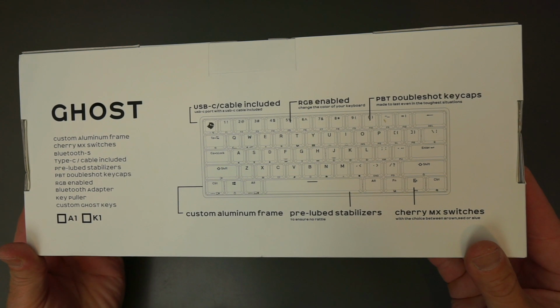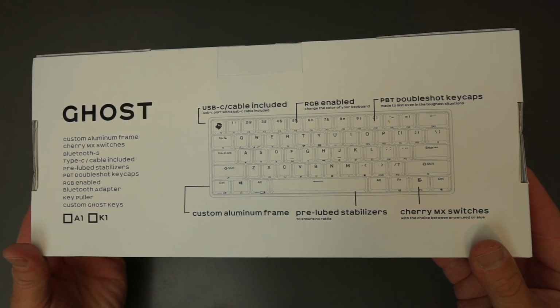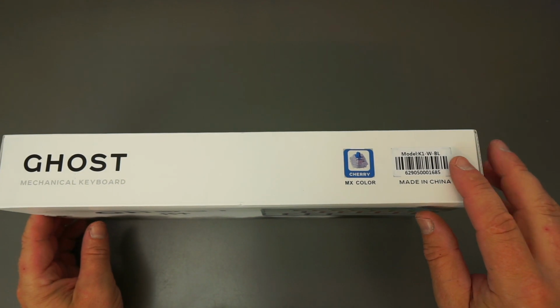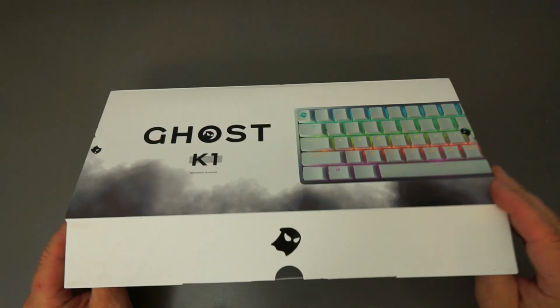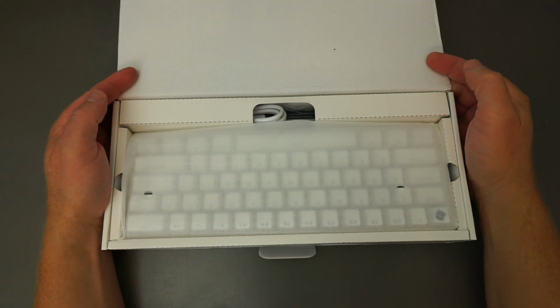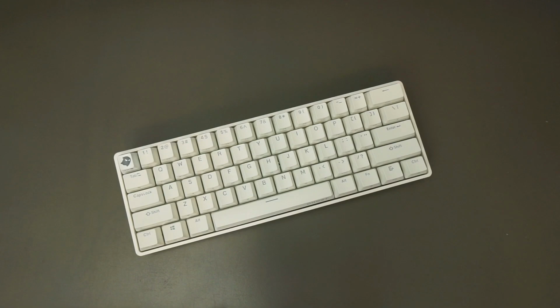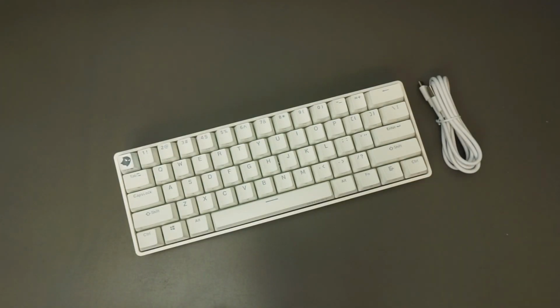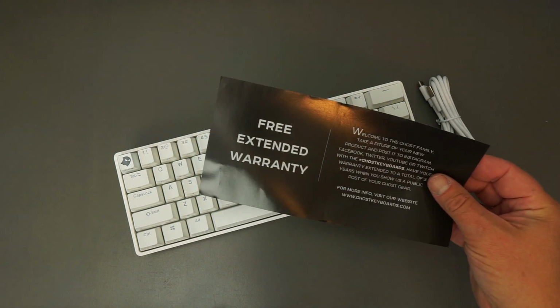The two features that really interested me were the Bluetooth wireless and the Cherry MX switches. I went with the blue switches this time. It looks like the keyboard was packaged the wrong way up. That's interesting. In the box, you get a USB Type-C cable, an invitation leaflet to extend your warranty by promoting